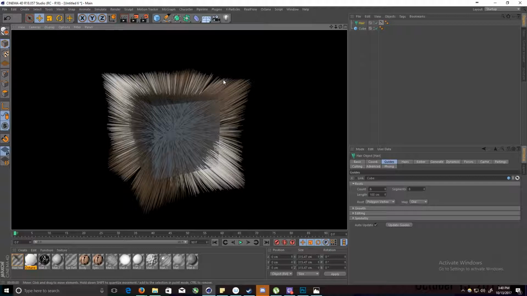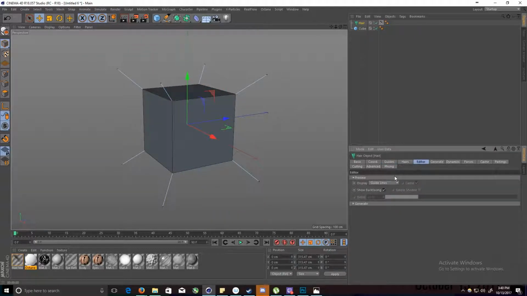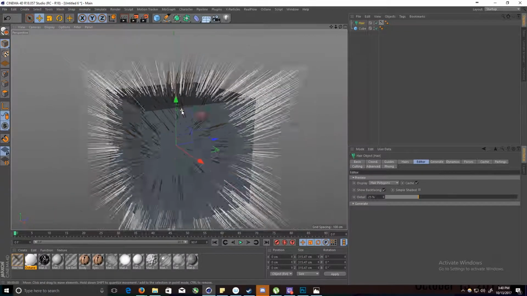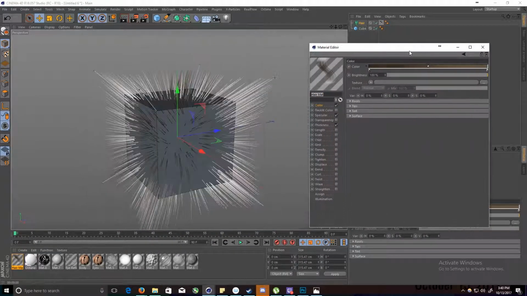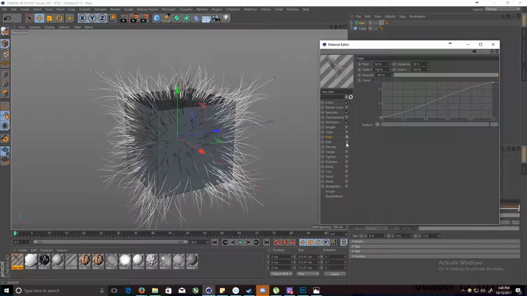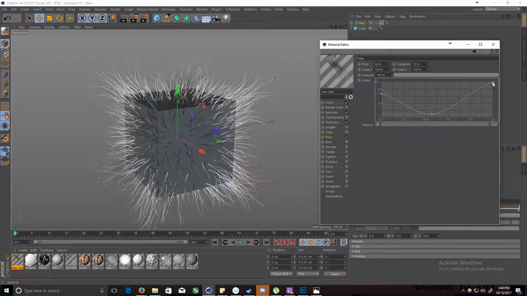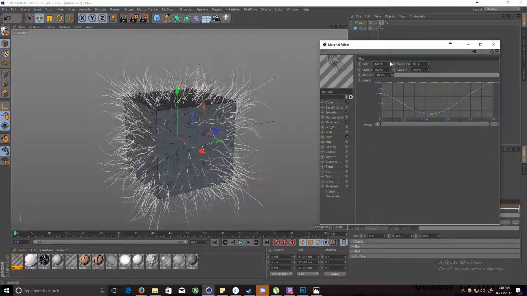How would you shape that? How would I shape it? There are a lot of ways. Usually I like to do this first so I can see what's going on. You can shape it just through your material by adding frizz and adjusting these sliders how you see fit. Less frizz in the middle, more at the end, stuff like that. Or you